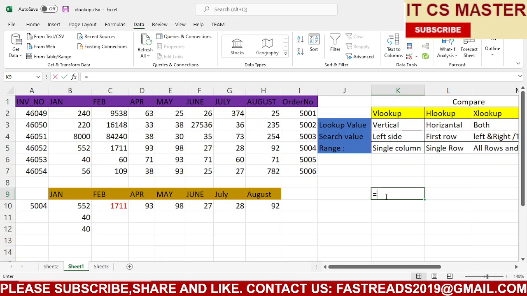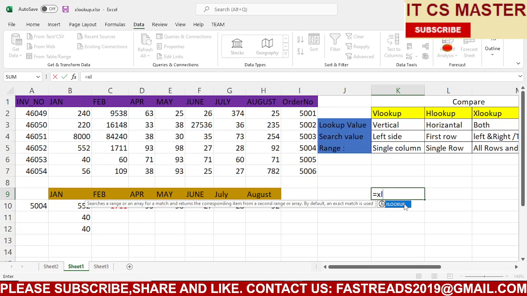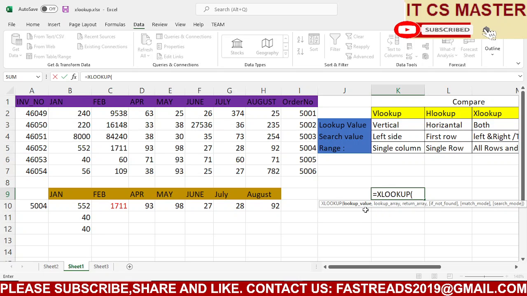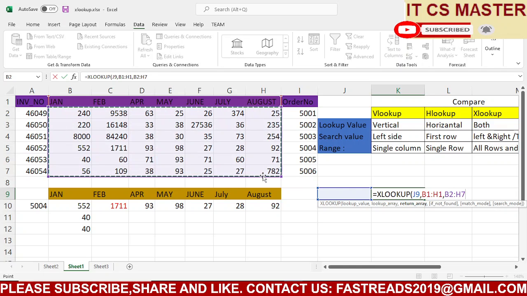So XLOOKUP, the lookup value is this. And the lookup array I need is the January value, so my lookup array is this. And the return array means I want values from this. Enter.